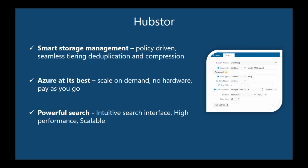So here are some of the reasons that we're really happy to be able to offer this to some of our customers. First and foremost, it is very, very straightforward. It's a super efficient way to store your data in the cloud using your Azure tenant or HubStore's if you're not doing your own thing with Azure. It will store the data compressed and deduplicated. It has features to help you manage the life cycle of data, with policies, and it's very easy to export